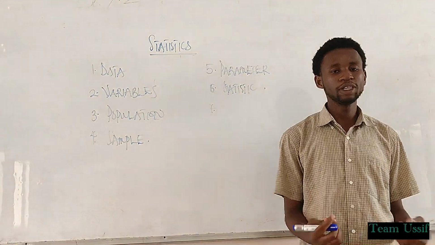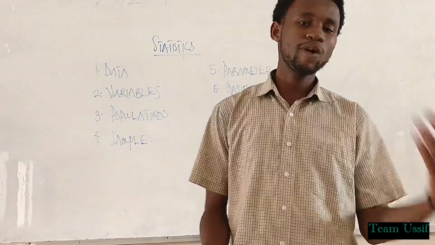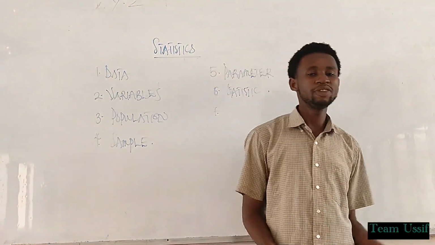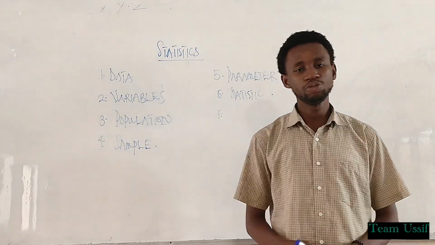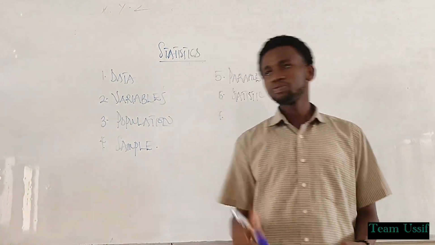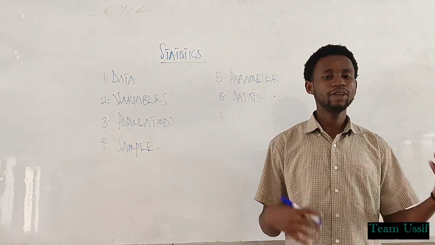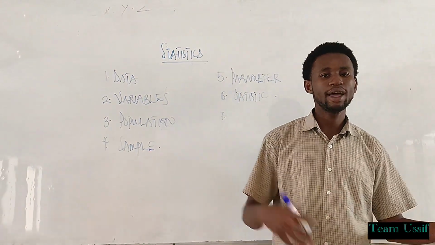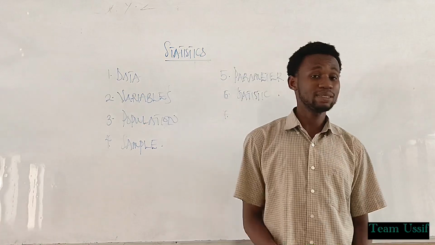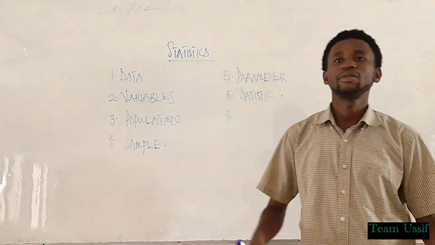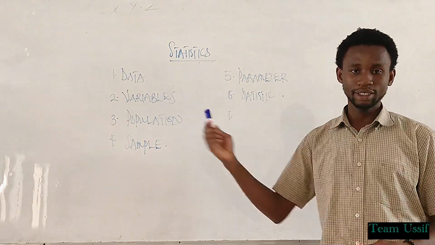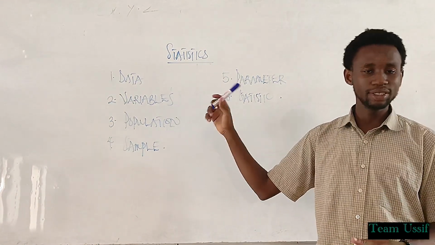We have types of data too, which are the qualitative and the quantitative. The qualitative deals with texts, and the quantitative deals with numerals. Alright. So there's one conflicting thing about data and variable. We will explain that, but before I explain the variable in relation to data, we have to know what population is.